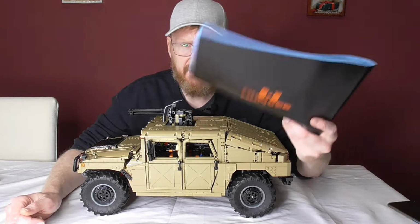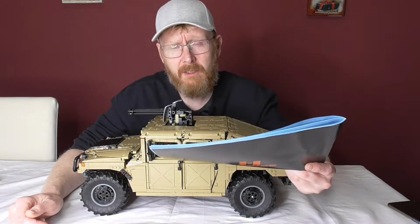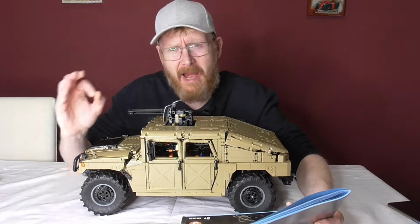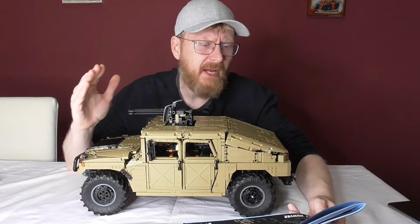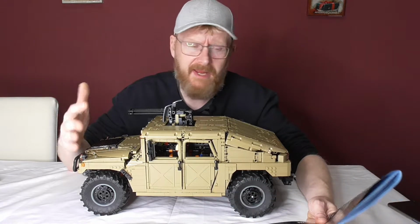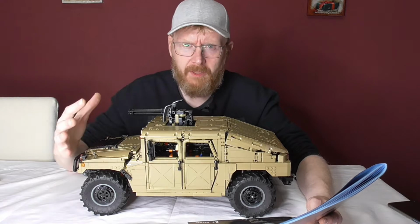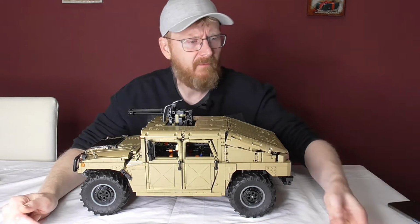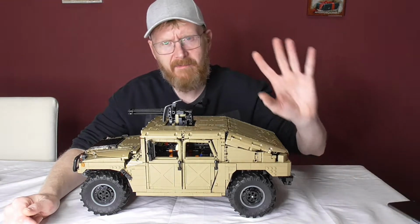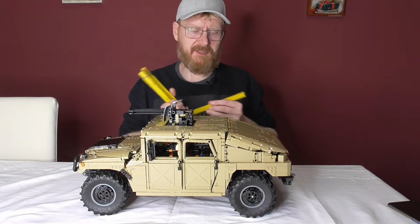First things first, instructions. One of the best I have ever had. That's so clear. It shows you everything, really detailed. It shows you where you can make mistakes and where you can make it right. Perfect. Perfect. Really. One of the best instructions I have ever had. Ever. The Humvee itself,